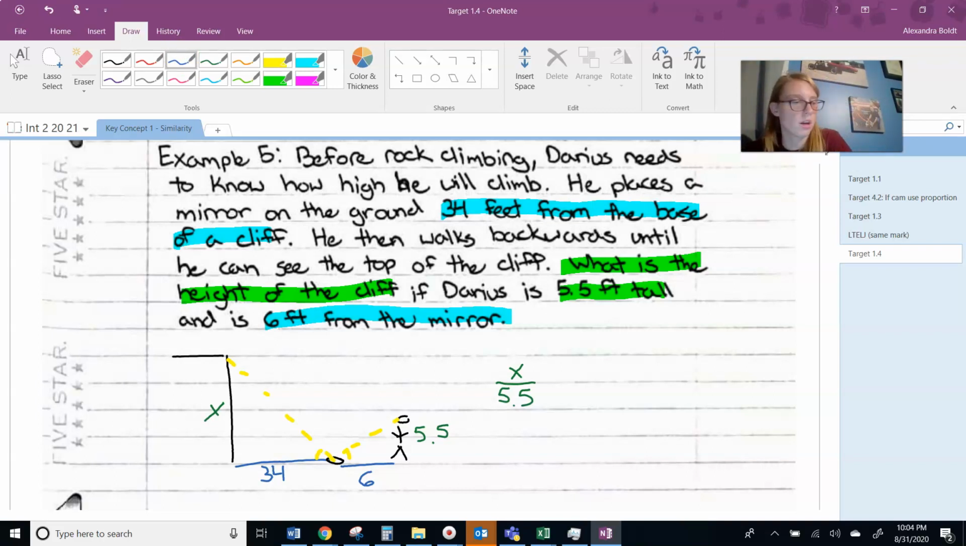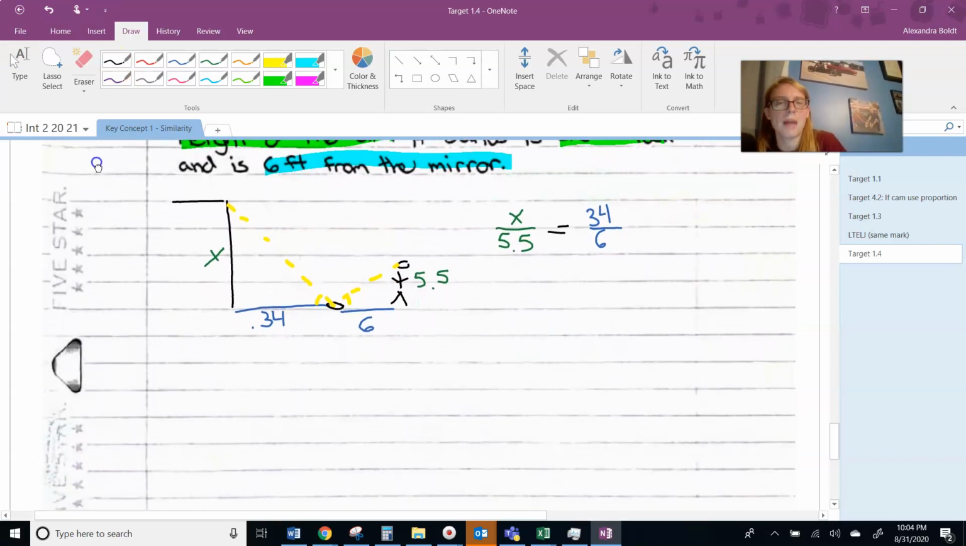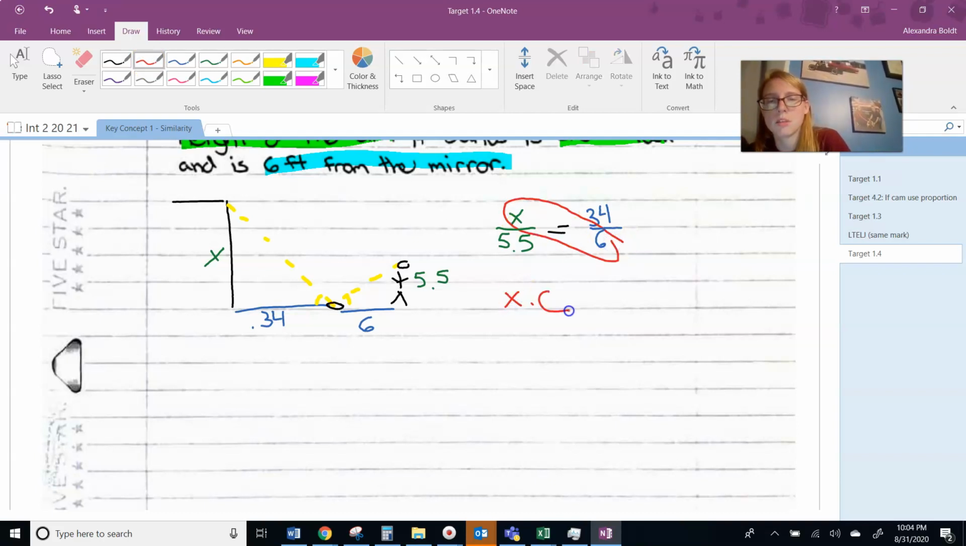And then I have, so I started here with x, and then I have 34 over 6. And these are equal. I'm going to move this up just a little bit. Now that we don't need the word problem part, we can just show the math. We're going to cross multiply. So we have x times